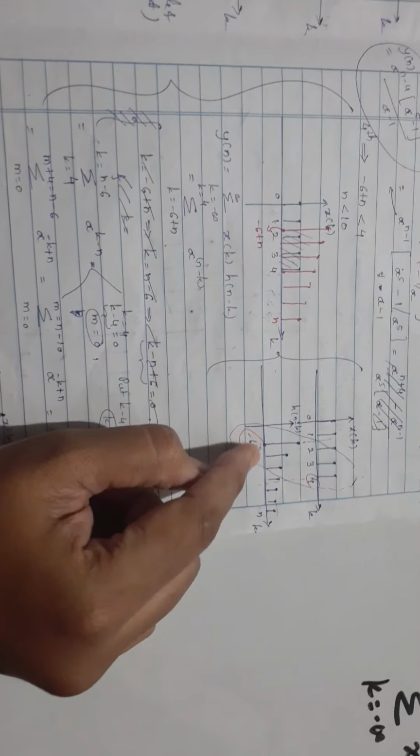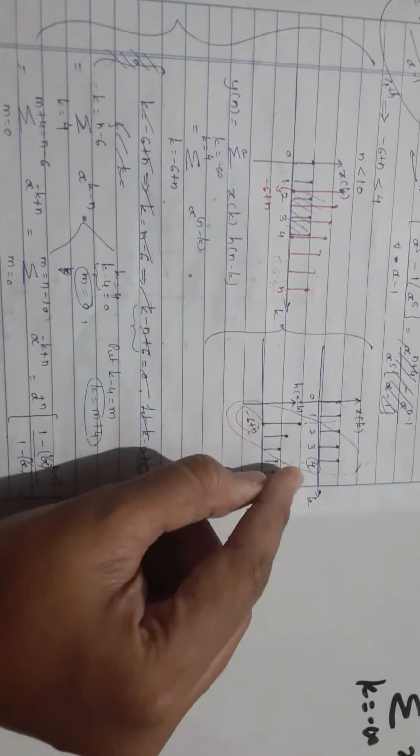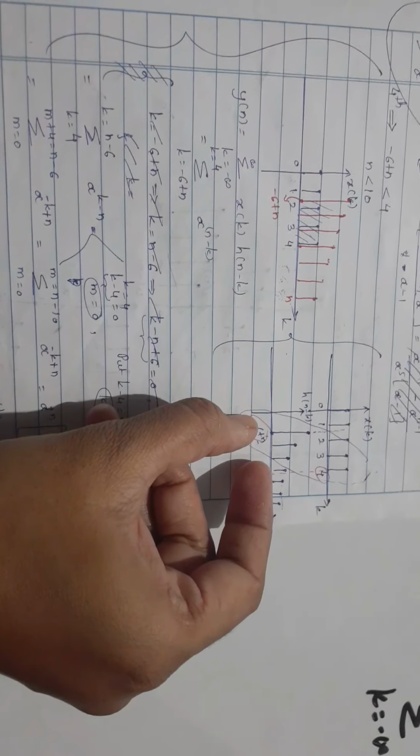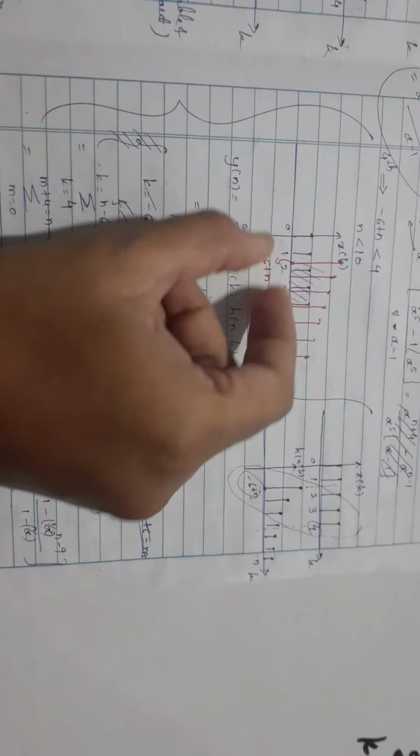On the right hand side, even though the first signal starts from 0, it has some samples, the second signal is not having any samples here. It starts at minus 6 plus n. So from this point till 4, we will get the common area product available. After 4, one signal is present, the other signal is not present. So the range is between minus 6 plus n to 4. Between this range your product exists. That's why the overlapping is seen here. The shaded area indicates the overlapping range.